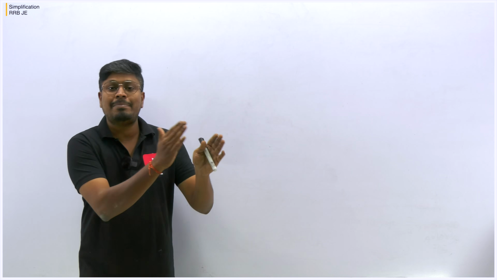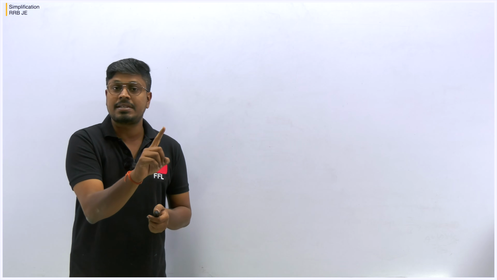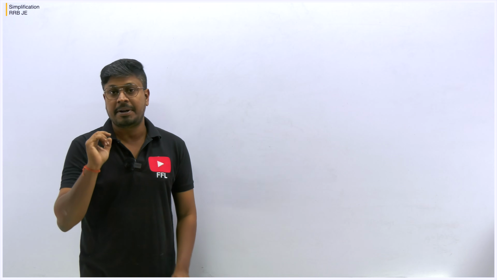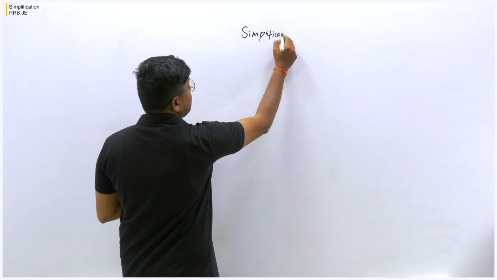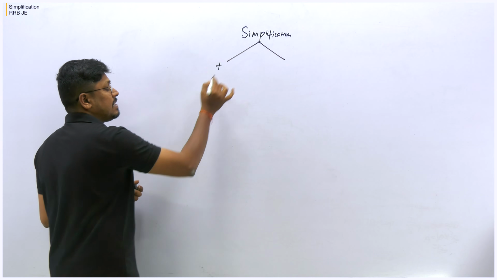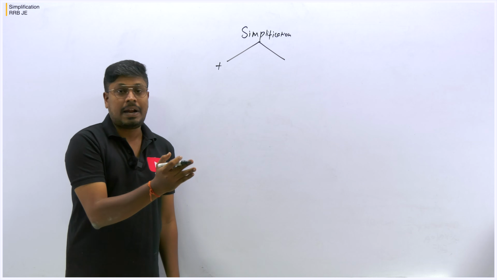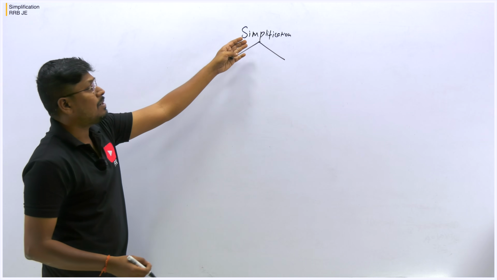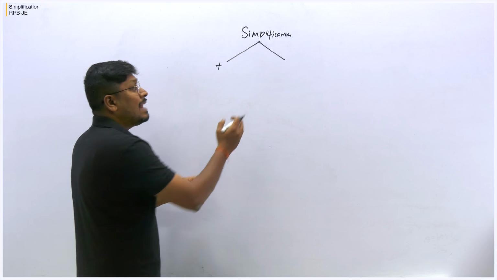But in the RRB JE exam, simplification is classified into 2 categories. One is normal simplification and the second is algebraic simplification, which comes under a category called algebra. If you are preparing for railway exams or SSC exams, you can see 2 types of simplification. One is normal simplification like addition, subtraction, multiplication, simplification based on percentages, mixed fractions, square root, cube root, surds and indices. All those things are in this basic simplification. That's a basic simplification question. The second category is algebraic simplification.